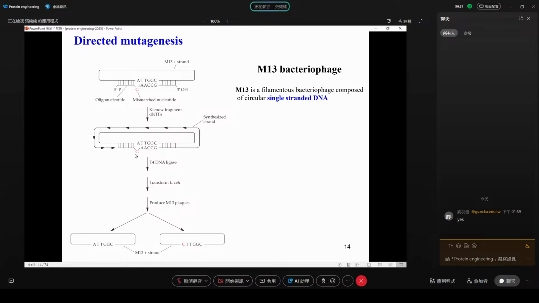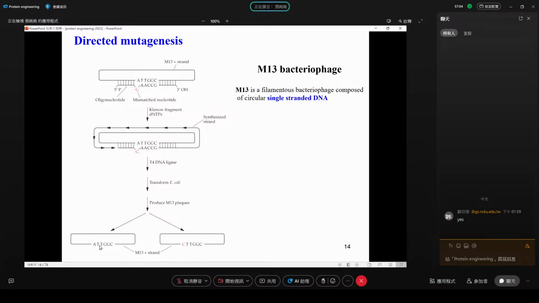So the new primer pairs with the original template with only one mismatch site. Then you feed the Klenow fragment as a DNA polymerase with dNTPs, and it will fill out all those gaps. Then you ligate the DNA with T4 DNA ligase and transform it back into E. coli,